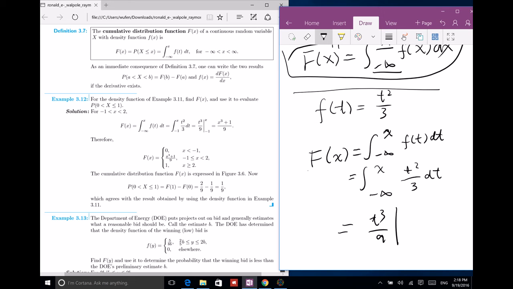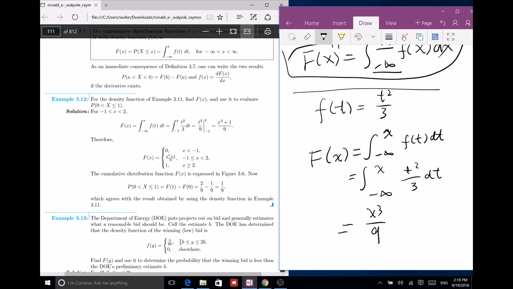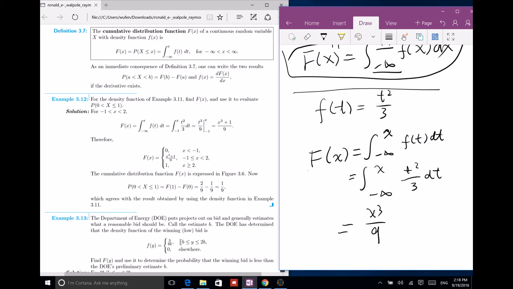Okay, and then you finish that, you find that is t cubed over 9, and plug in the values. Let me see, it's x cubed plus 1, over 9. If we take negative 1 until that, because it starts from negative infinity,